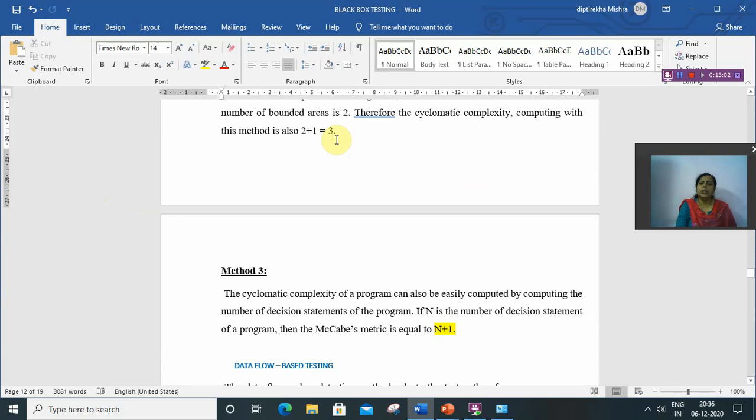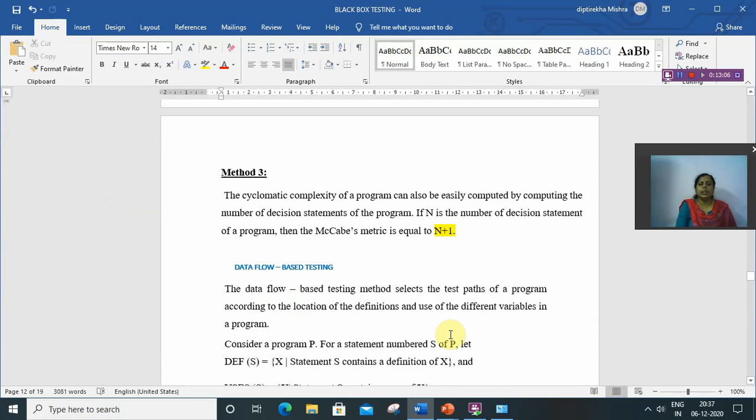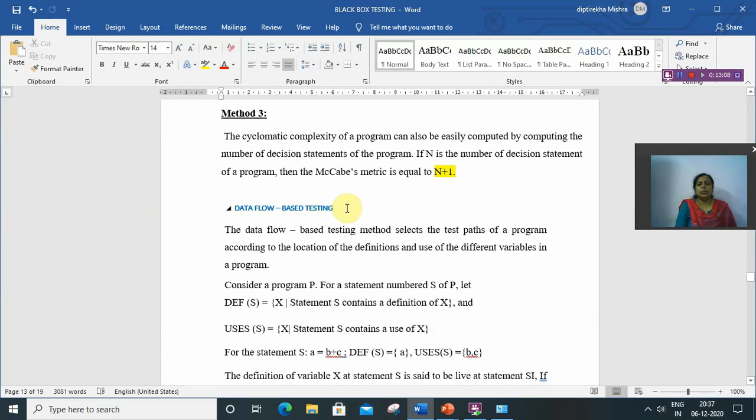There are 3 linearly independent paths. Means by this method we can calculate the linearly independent paths, and we have to cover all the linearly independent paths. Our test cases are designed in such a way that we can cover all the linearly independent paths.